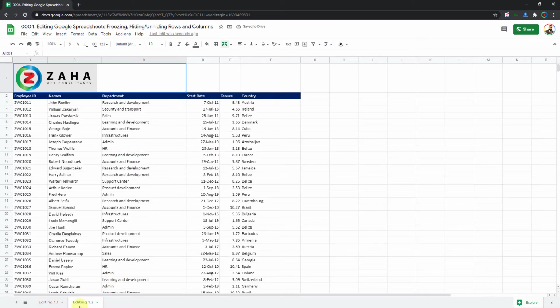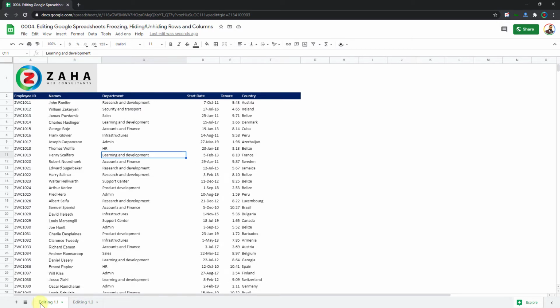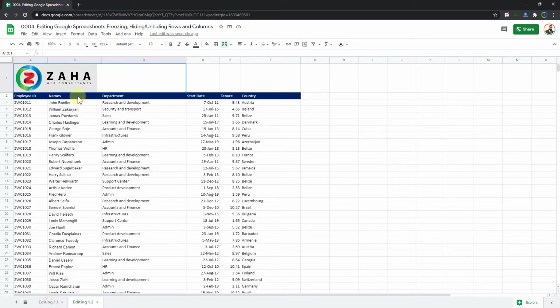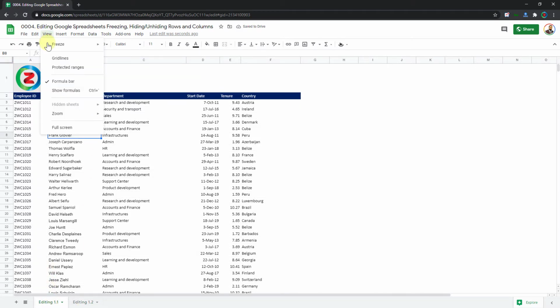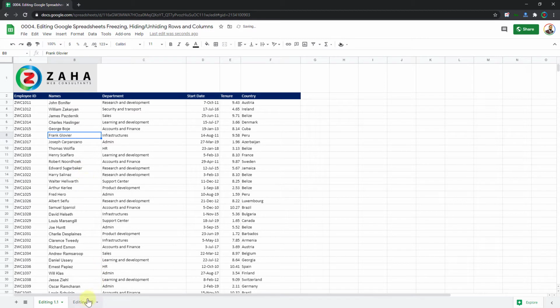If I go into the other sheet, I can still see them. This indicates that the grid lines are scope limited. That is, when I disable them or hide them from a specific sheet, they will be hidden only in that sheet and the effect will not go into the other sheet. If I go ahead and hide them in this sheet as well and come back in sheet 1.1 and say view grid lines and go back to 1.2, see, I can keep doing this based on my requirement. So this is how we hide or unhide grid lines. Remember, they are scope limited. That is, they are limited to the sheet from where you hide them.